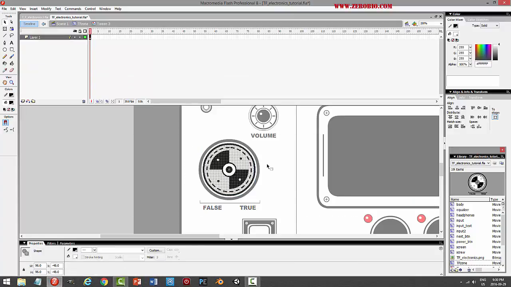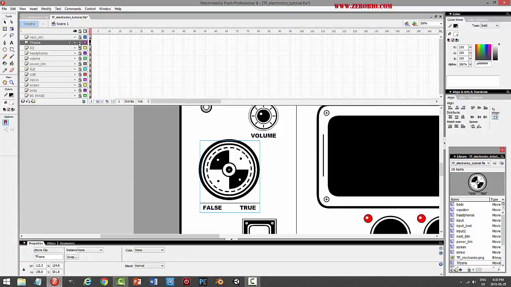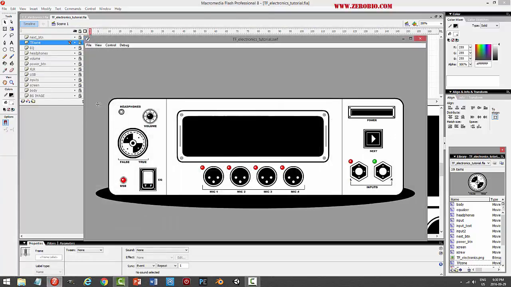I'm going to come into the graphic itself, and I'm going to put white in that little middle space there. We now have it. And so now it should be a little bit easier to press just anywhere in there. So that's the true